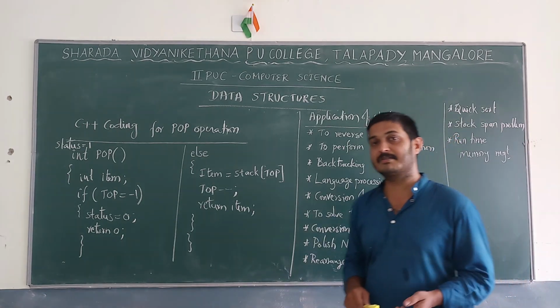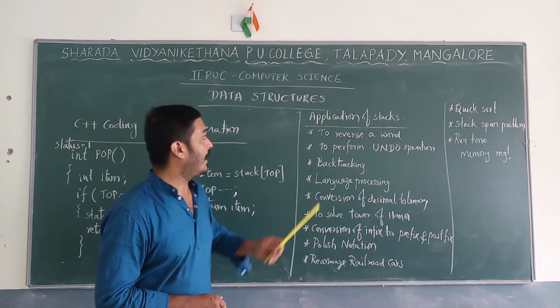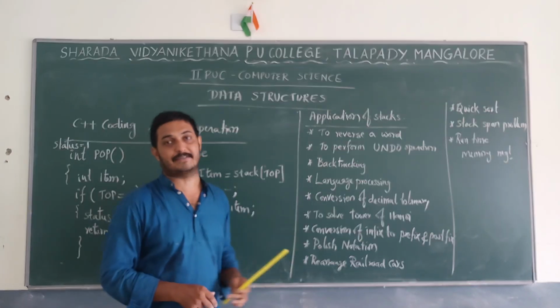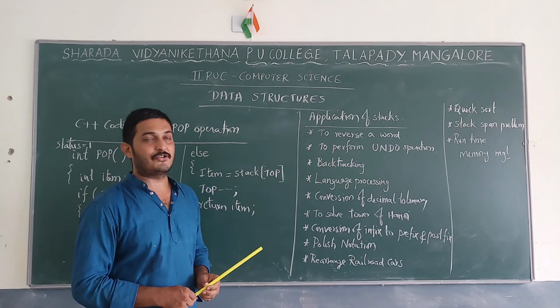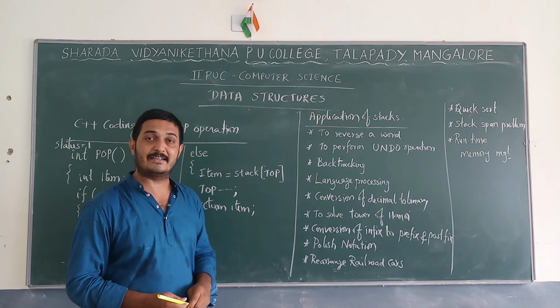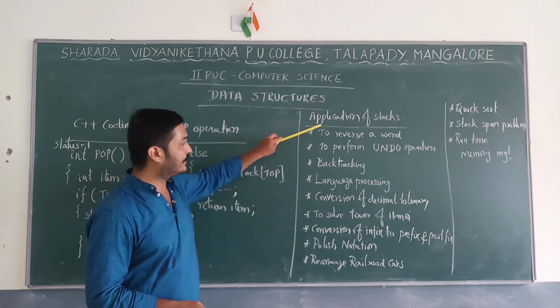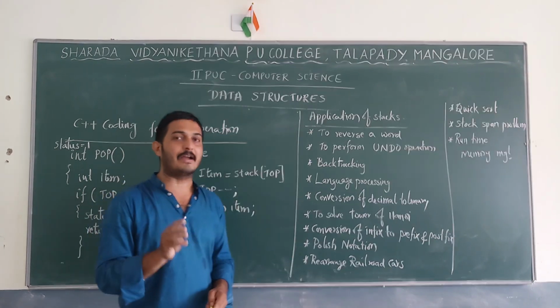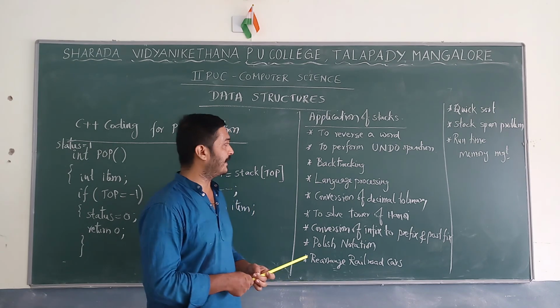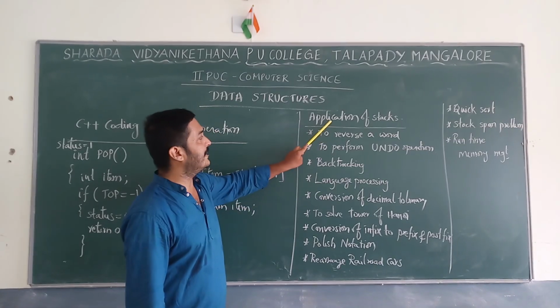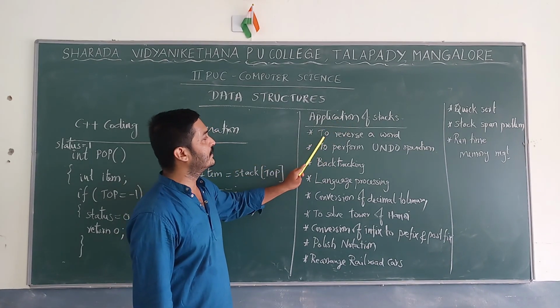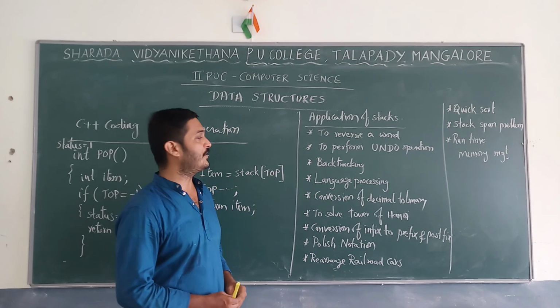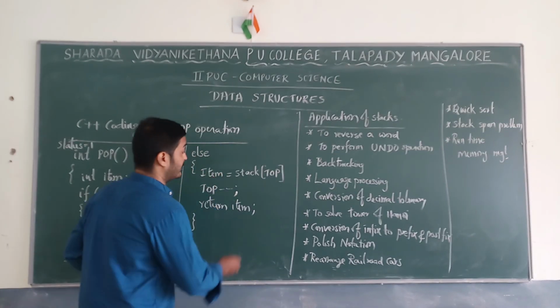And next we have to study the applications of stacks. There are many applications, and you can expect this question in the final examination also. It is for 5 marks. Many points are there, so 5 points are enough for your examination. Here, the first application of stack is to reverse a word. For example, we have a stack like this,